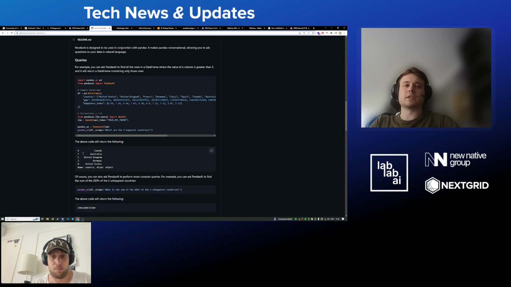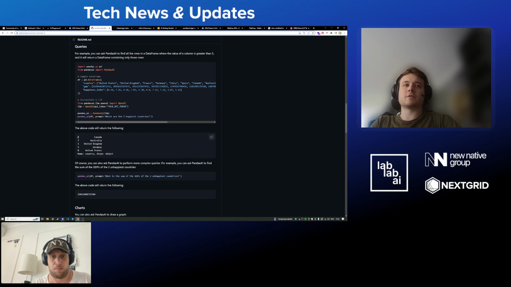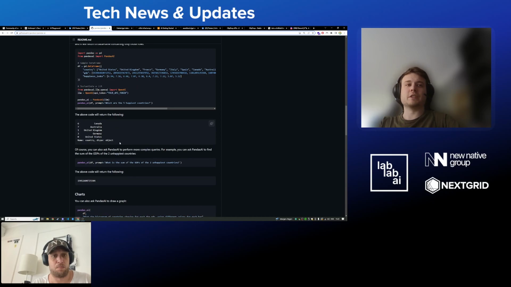And then what gets returned is like another data frame with the applied changes from your just natural language prompt, which I think is really cool and really awesome, especially for data scientists.